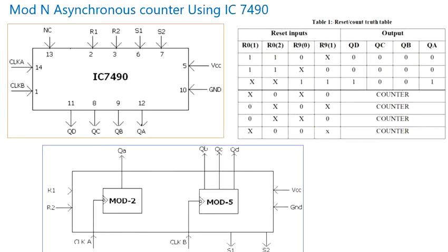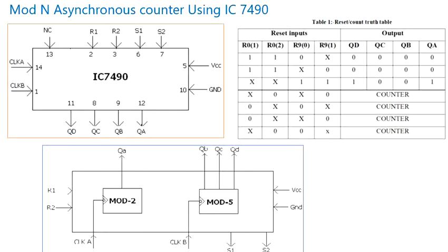To discuss more about the IC 7490, it is basically a ripple counter or a decade counter that has various names like mod n counter, a decade counter, or a BCD counter. It is a TTL MSI decade counter, that is medium scale integration IC, and it contains 4 master slave flip-flops and additional gating to provide a divide by 2 counter, and a 3-stage binary counter which provides a divide by 5 counter.